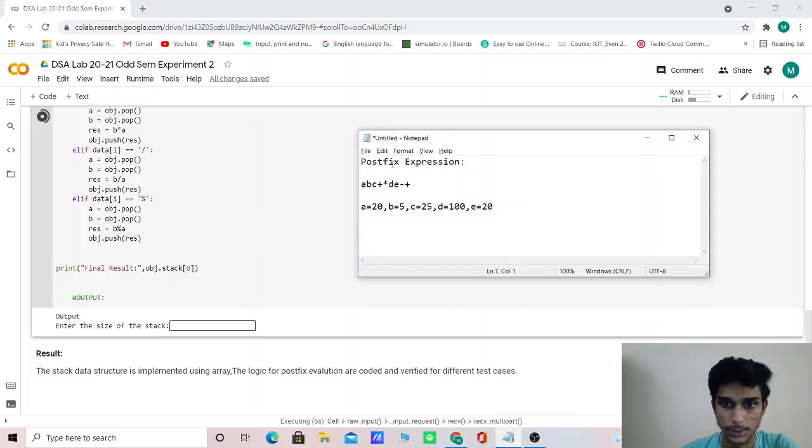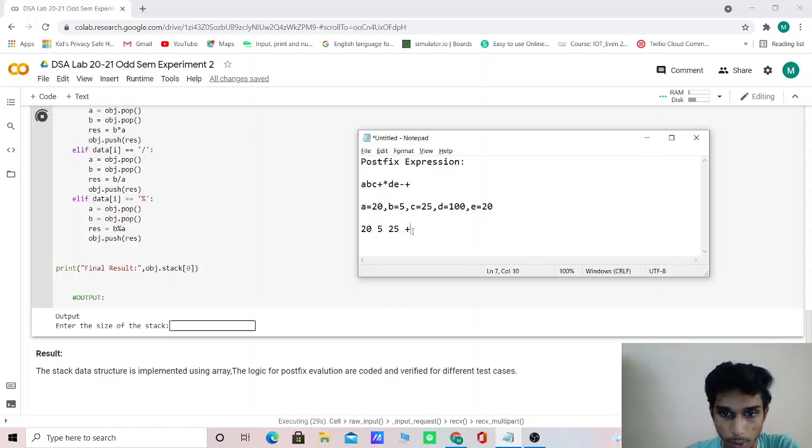This is a postfix expression. Let's see this: if a b c plus star d e minus plus is the expression, it first executes 20, then 5, then c is 25, then the plus comes.